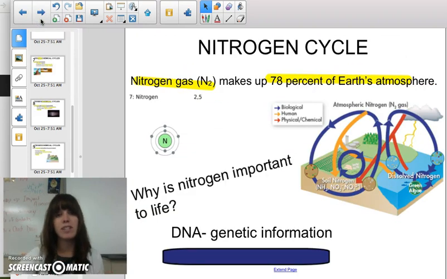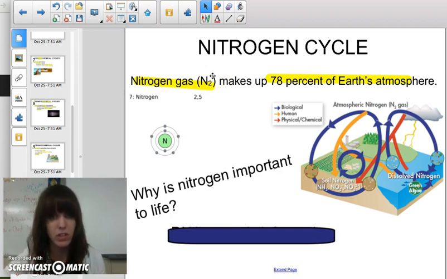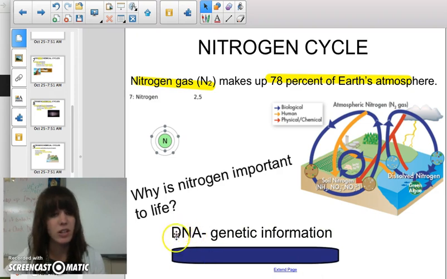So we're just going to focus on the nitrogen cycle. This is a nutrient that's needed for all types of life. Nitrogen gas is the main form of nitrogen found in our biosphere. It makes up 78% of Earth's atmosphere. And nitrogen is very important to life because there's nitrogen in our DNA, which is the genetic information in all organisms. And so that nitrogen in our DNA was once nitrogen found elsewhere within the ecosystem. It has been cycled through and formed into your DNA, which is pretty neat to think about.